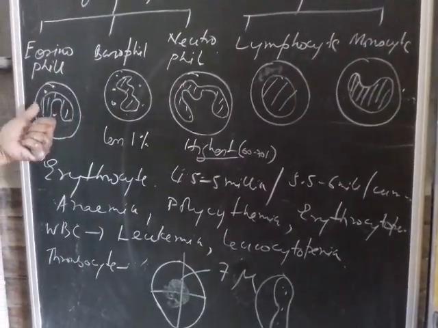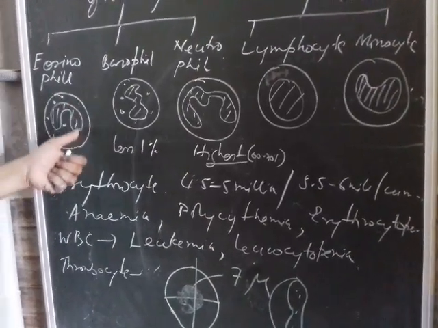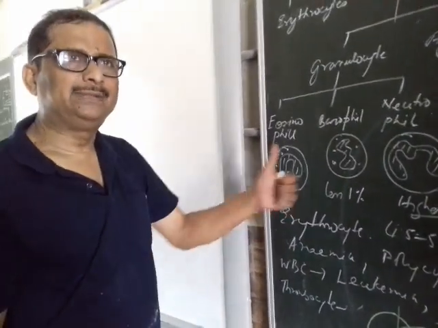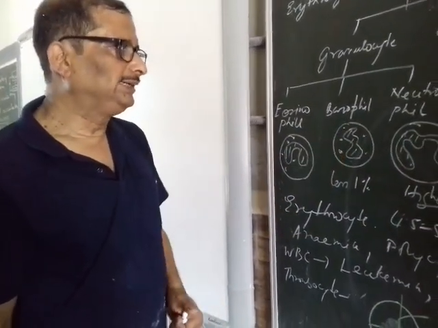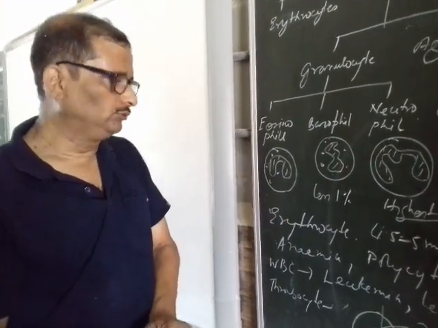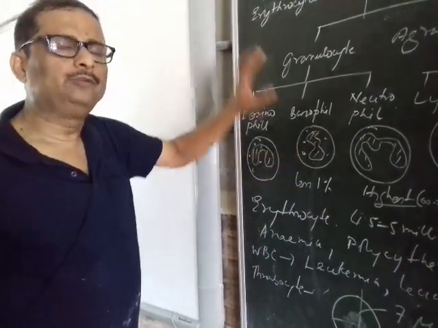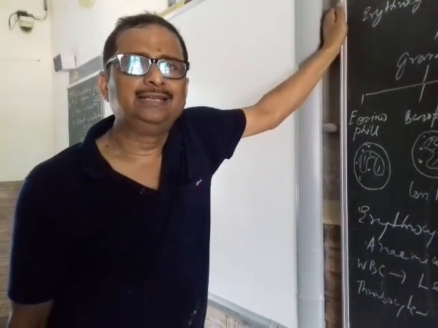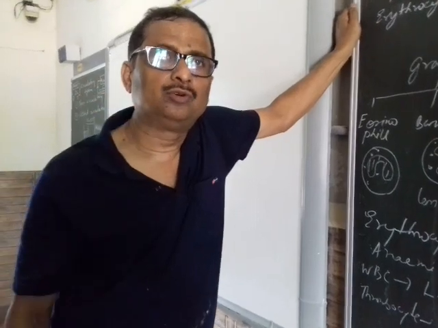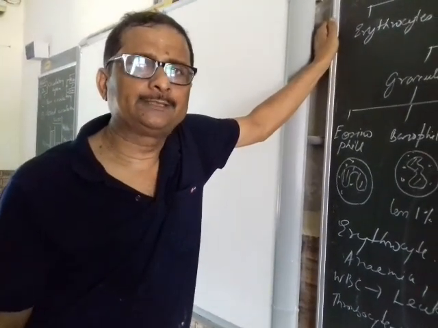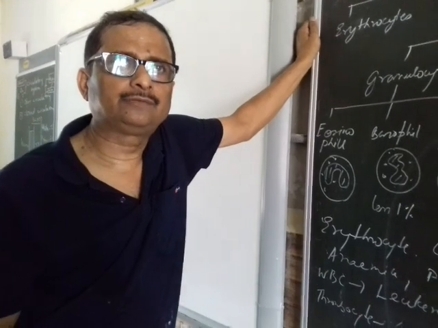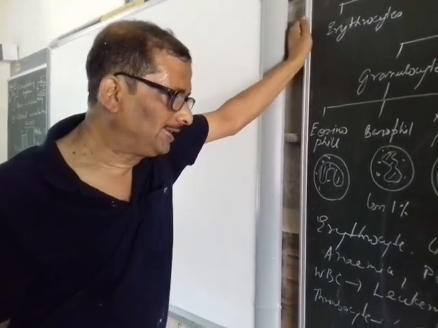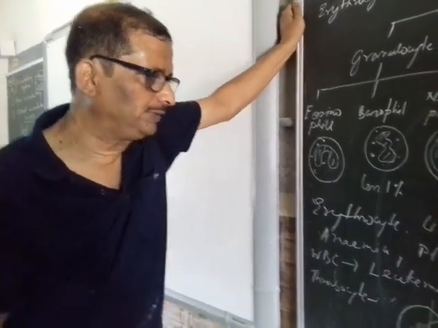Eosinophil is also known as acidophil because it takes the acidic stain of eosin. Basophil takes the basic stain of methylene blue, so they are called basophil, and neutrophil takes a neutral stain. If the WBC count is less, then we say the person suffers from leukocytopenia. If it is more, it is harmful. In many cases, when immature WBCs are formed, it causes a disease called leukemia, otherwise known as blood cancer. And thrombocytes, we will come to that.